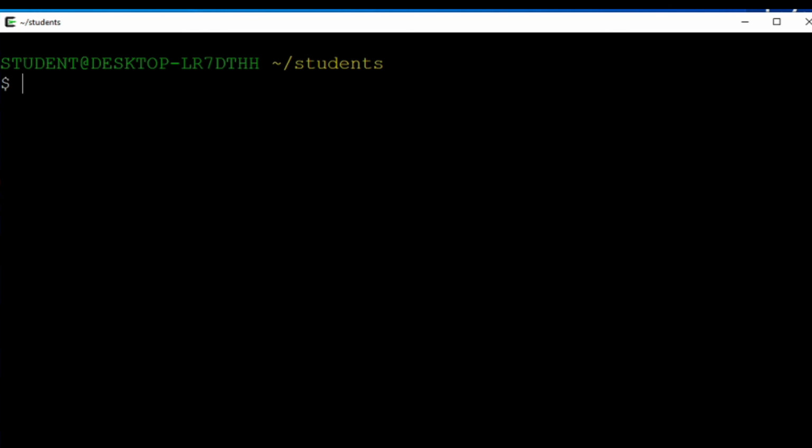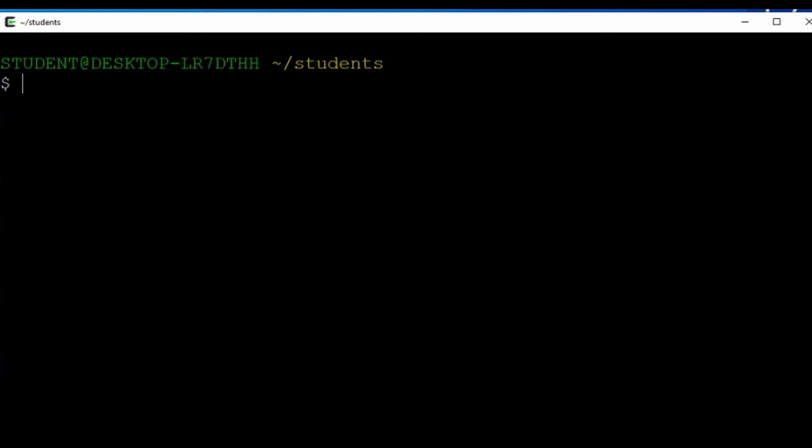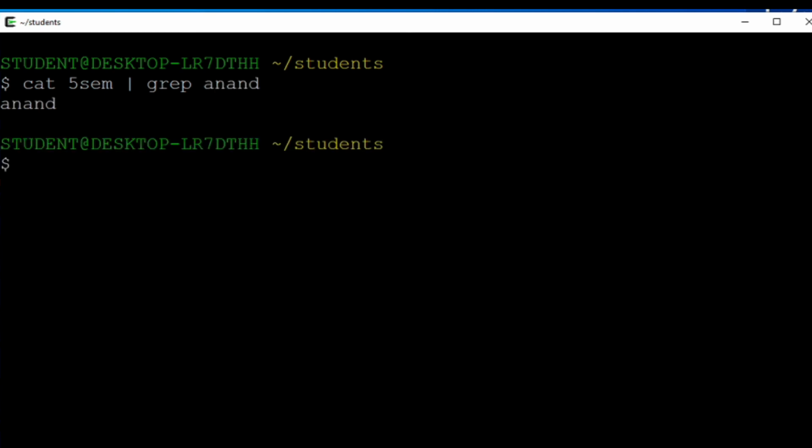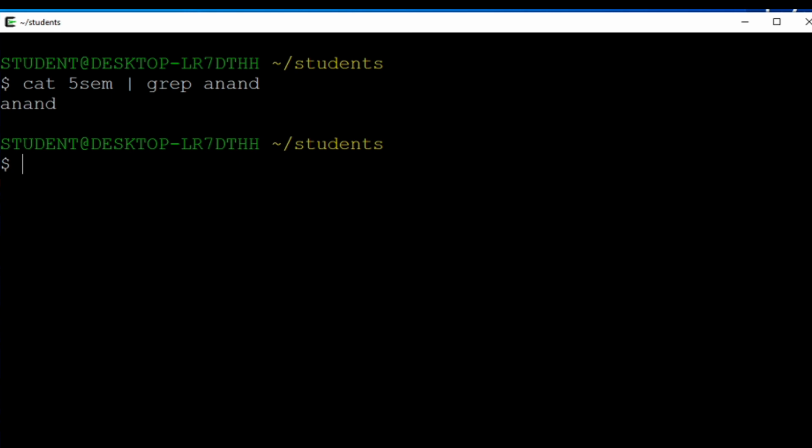This is the first example that you have seen. You can see the list of students having the specified string present in that particular word. Fine. Now let us demonstrate the second command, that is cat. I am specifying the file name fifsem, and later I add a vertical bar, that is the pipe, and then the next command is grep, and I specify the string Anand. It will display the name of the student Anand in my list. This is how it works.